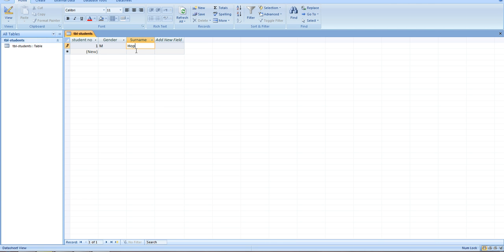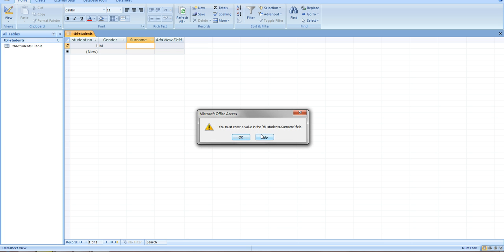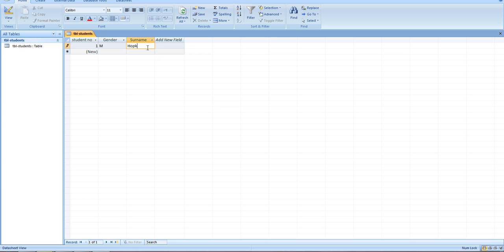You'll see, if I tried to save a record, so if I try moving down to the next record, it's saying, well, no, you want something in surname because I said that was required. And then also, if I typed in L in gender, it